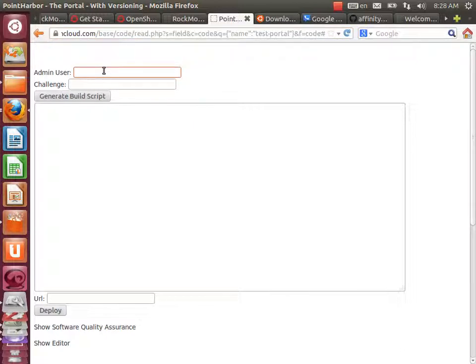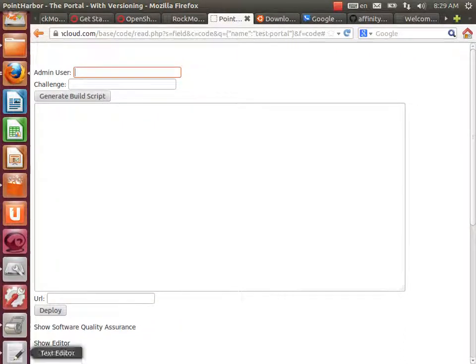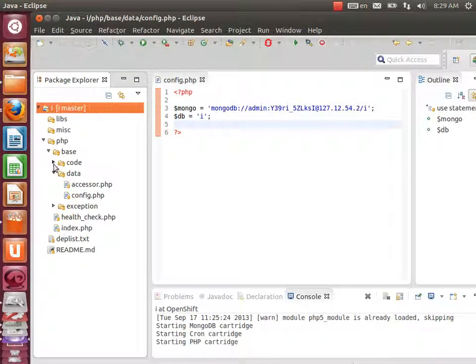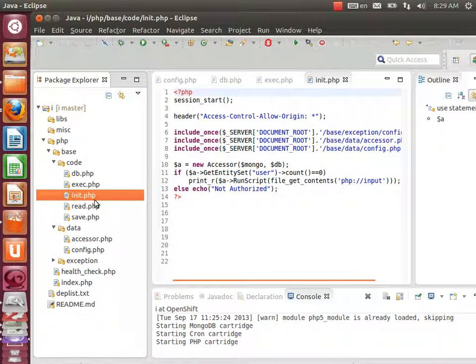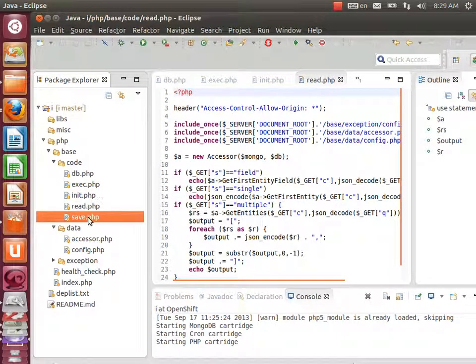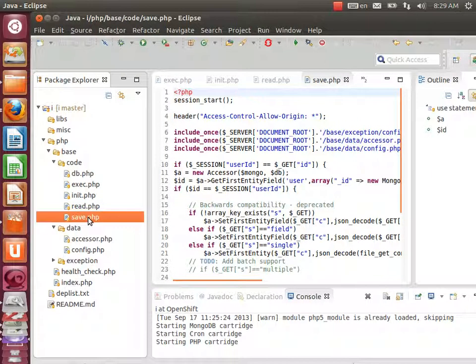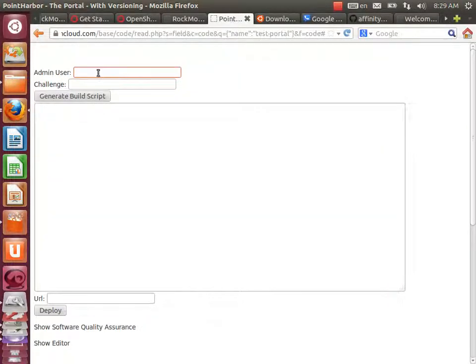And then here what we do is we generate a build script. So the foundational services, it's basically a DB service, execution service, an init service, a read service, and a save service, and that's it. All of the rest of the functionality in PointHarbor is dynamic. So what we're going to go ahead and do is set our user. The user is just the first user that gets populated to enable access to the system. So you type in the user, and then the challenge is